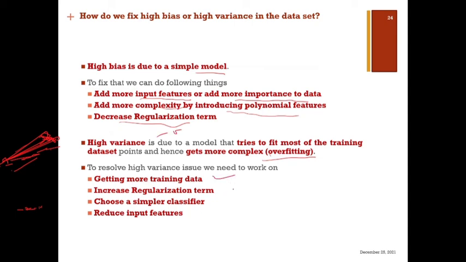Use regularization, choose simpler algorithms, reduce input features. You can see the opposite of what we did for underfitting is what you do when you have overfitting. You reduce the number of input features. Maybe that is why your model is not able to understand the testing data set. And try to get more training data. The more training data you expose your system to, the more opportunity it has to understand the samples that will come later that are not part of the training set.